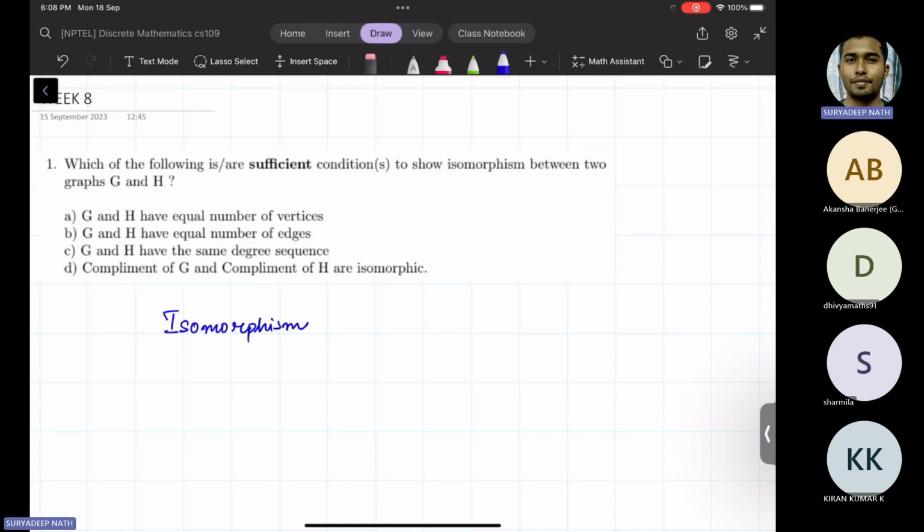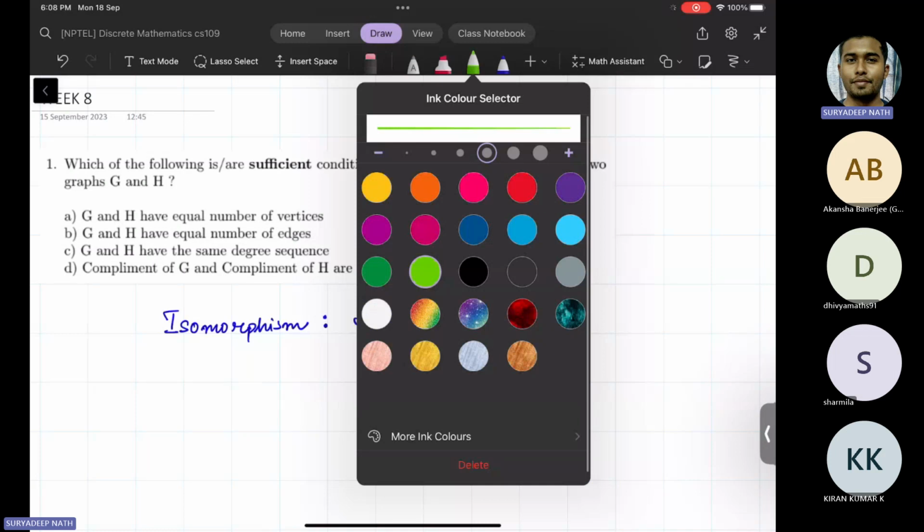Isomorphism means, can anyone say what you mean by isomorphism? So, similar structure of the graph. Yeah, you are right. Same structure basically, not similar. Similar would be more general, but same structure. So some common examples of isomorphism would